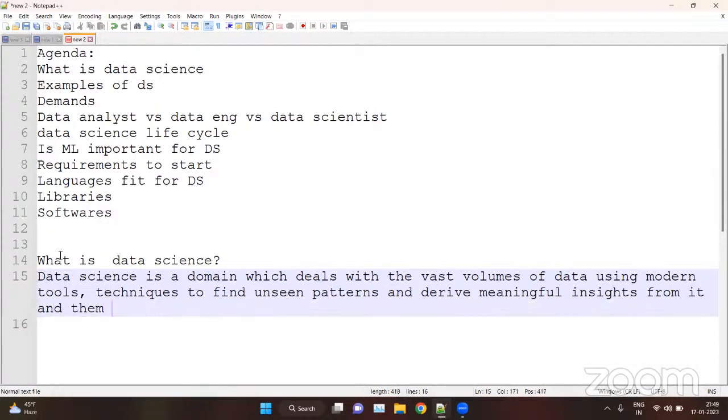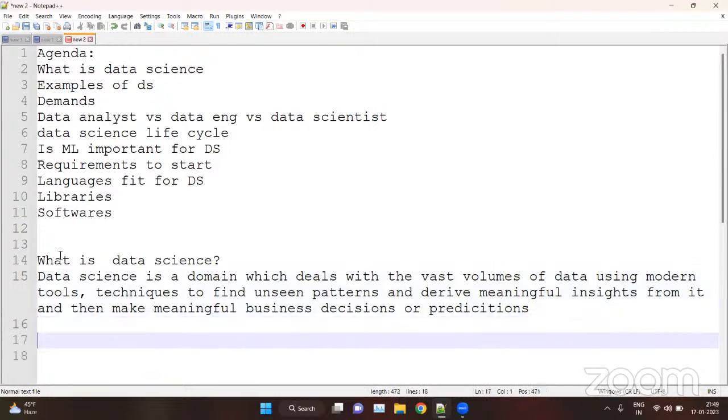And then make meaningful predictions, or we can say business decisions or predictions. Okay, that is data science.